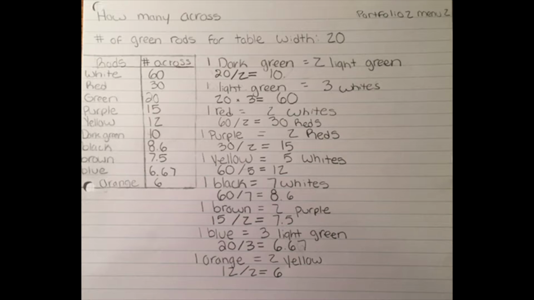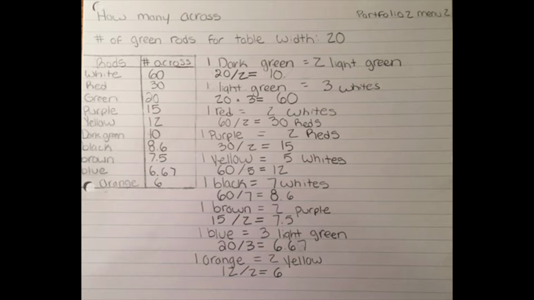The next color I moved to was blue. I found out that it takes 3 light green rods to get to 1 blue, and I double checked this by laying the light green rods on the blue rod. And so I knew I needed to divide 20 by 3 to get the total number of blue rods, which